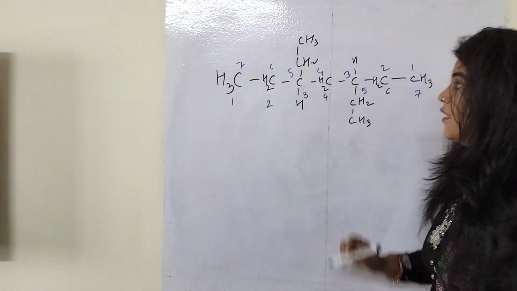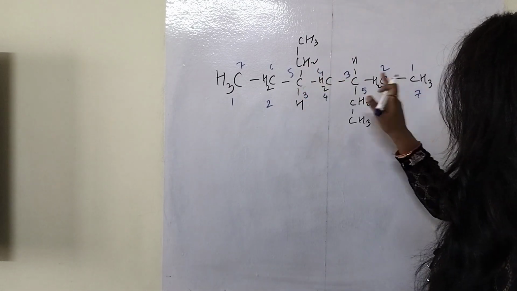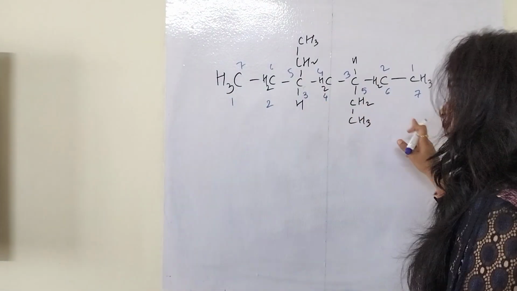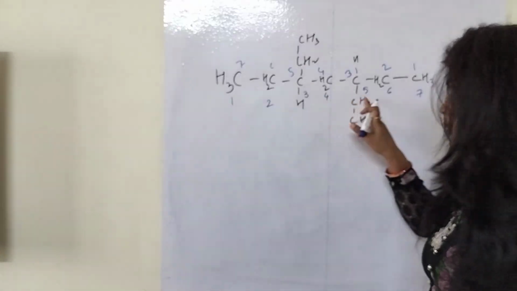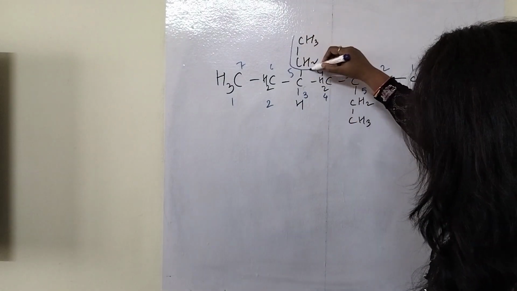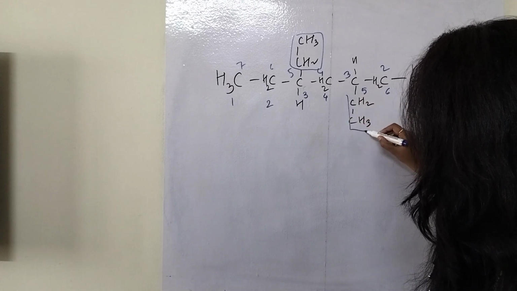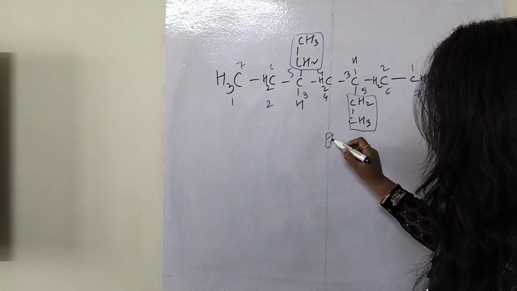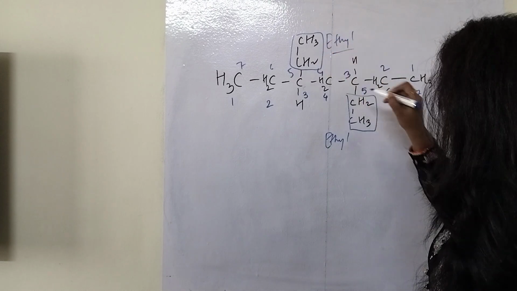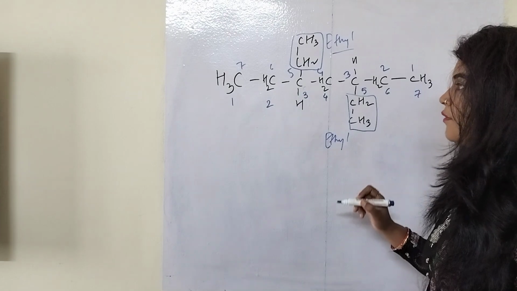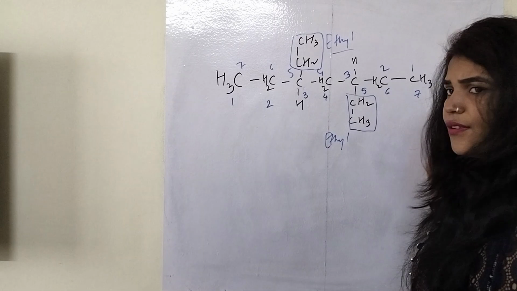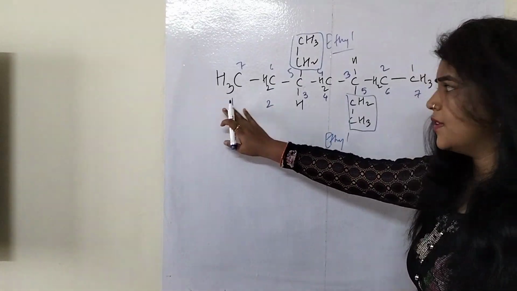So what is happening here? Of the two substituents, from this side this substituent is getting 3 and this substituent is getting 5. From this side also, this substituent is getting 3 and this one is getting 5. And the substituents are the same. Of course, these two substituents are the same. They are ethyl groups, with 2 carbons. So what will the name of this compound be? I will take any one, this is also correct or this is also correct. So I will take the numbering from this side.